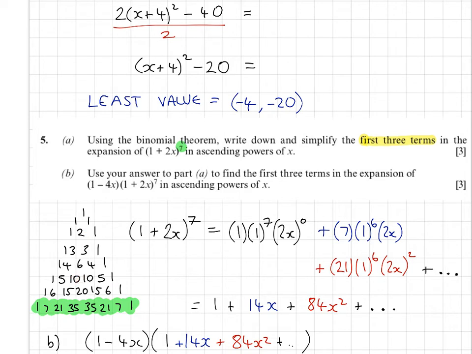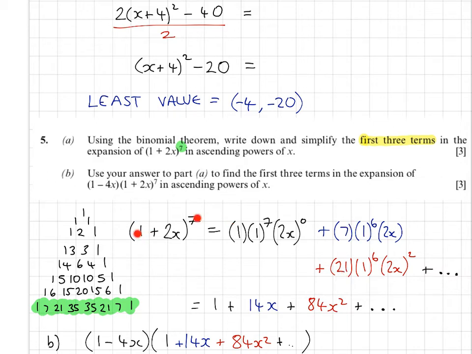So 10 and 10 make 20, 5 and 10 make 15, etc. So then I get 1, 7, 21, 35, 35, 21, 7 and 1, but I don't need to use all of those, it only asks for the first 3 terms. So this thing here, there's my coefficients that I've got from Pascal's triangle, and then it's going to be that